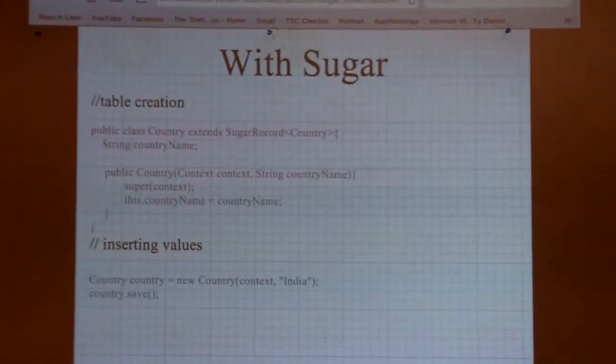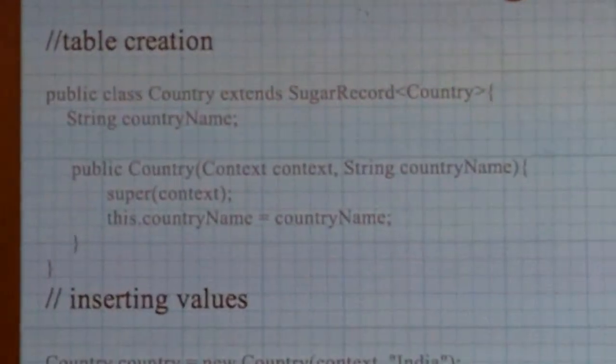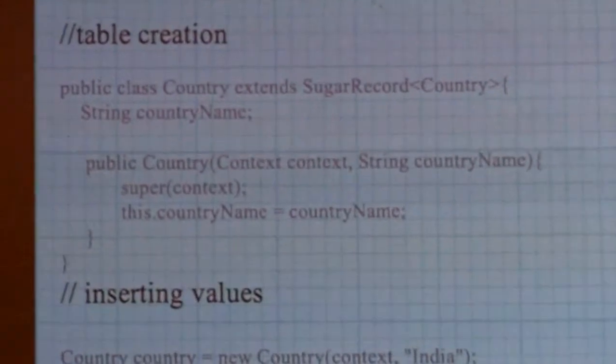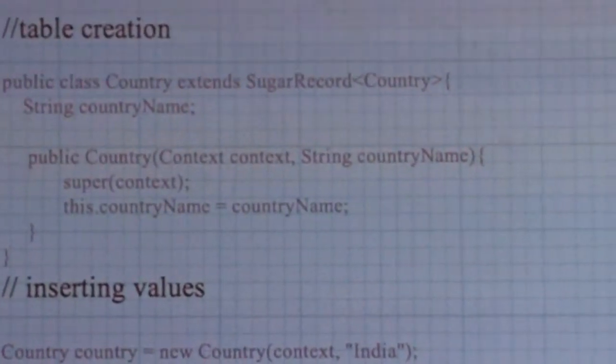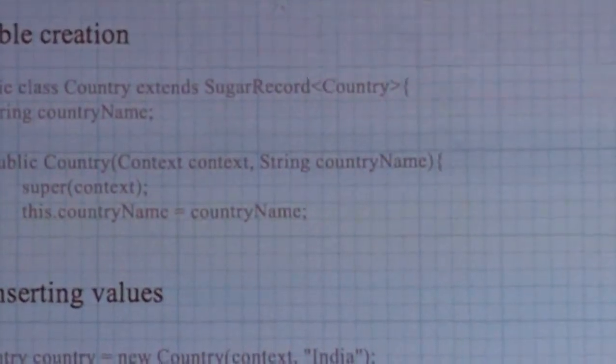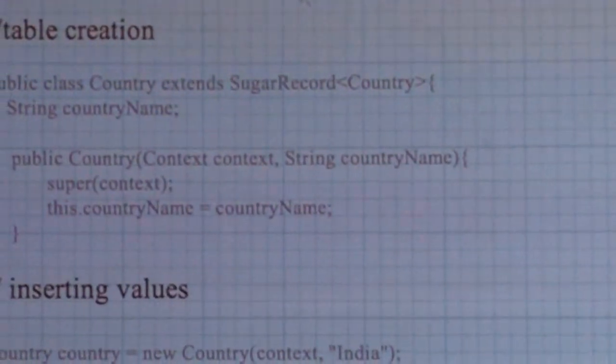Third slide is what you can do with Sugar. With Sugar, you create your own class which represents or mimics the table. All you need to do is extend Sugar record with a type parameter, and all your attributes become columns in that table.